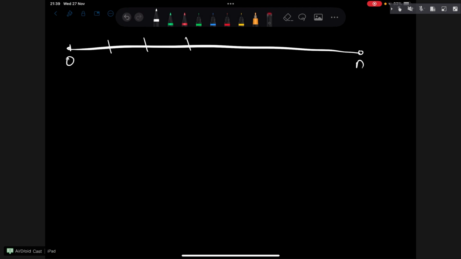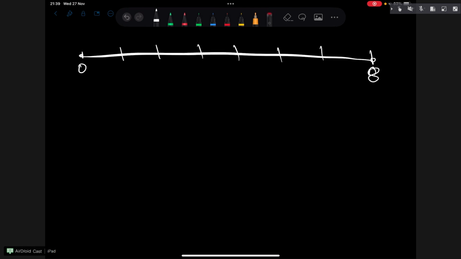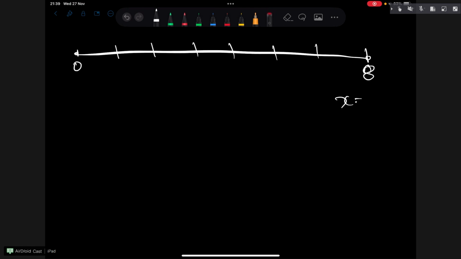Let's understand the optimal solution using a number line. I have a number line 0 to n, separated by 1 unit, and for now let's say it goes till 8, whatever x is. So let's set our x as 8, so the number line goes till x. I'm going to write out the indexes 2, 3, 4, 5, 6, and 7